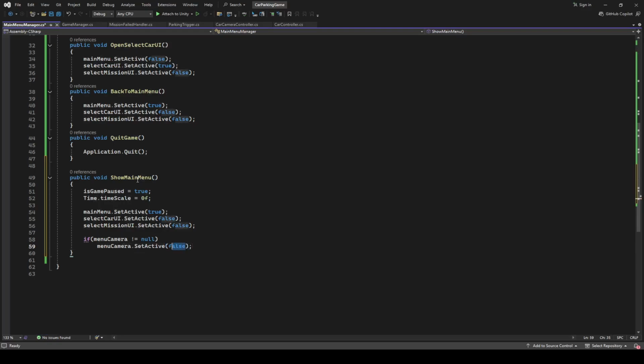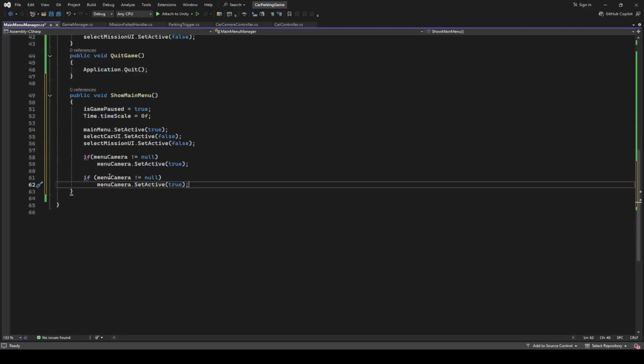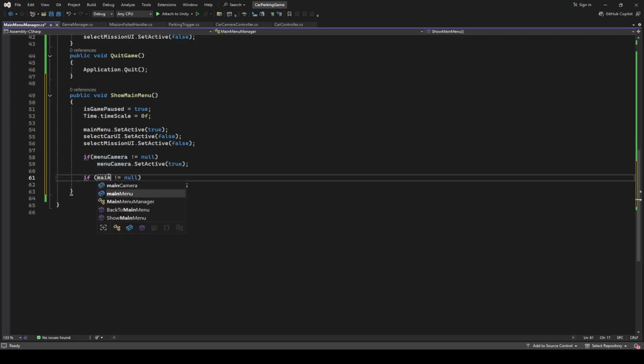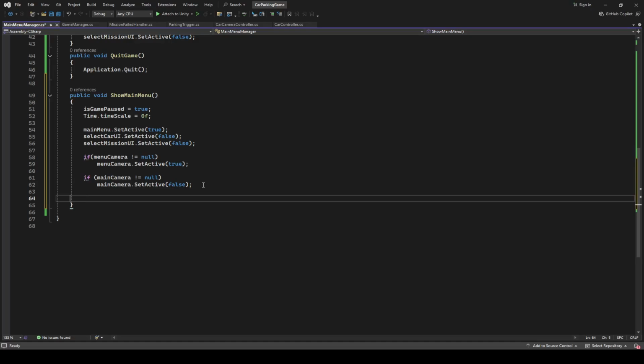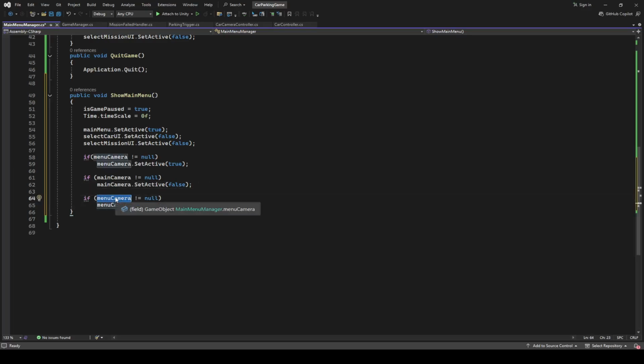So set it to active and then we're gonna deactivate the main camera. So we will say if the main camera is not null then main camera will be deactive. After this you can paste it one more time, and this time will be for the mission info,